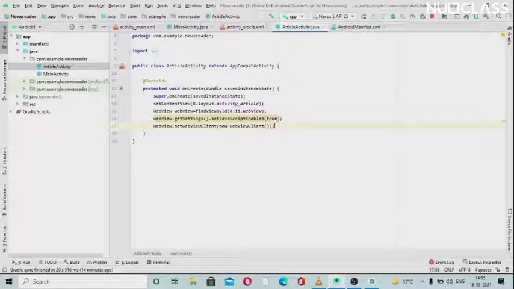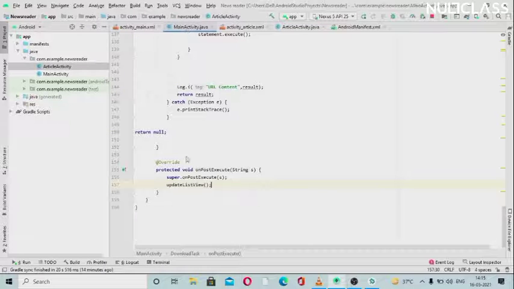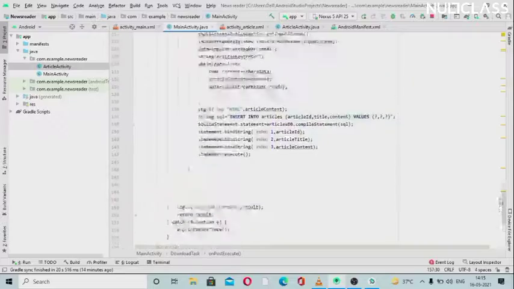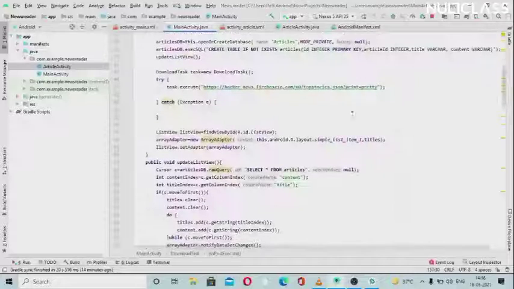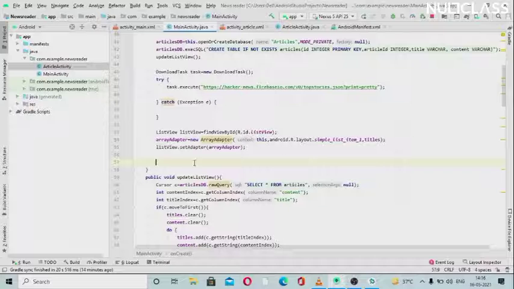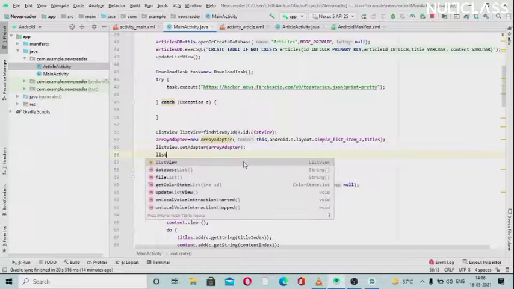The last task left is just to create the intent. Let us quickly do that. To enable the intent here, we will go to where we have created the list view in onCreate. Let's search for the list view. Here you can see that after we create the list view, we call list view dot set adapter and all the things. After that we will be setting on click, so whenever we click on any of the items, it should get connected to the article activity.